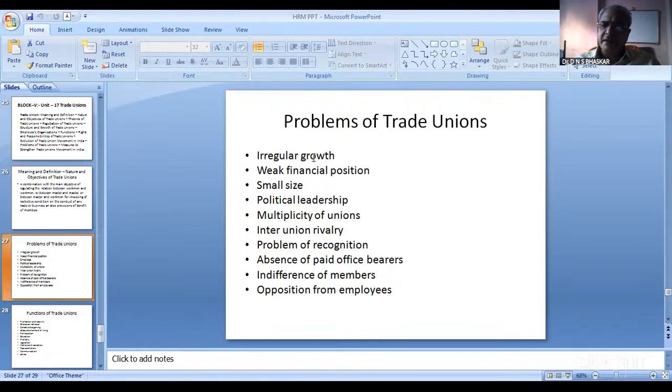First of all, the problem of trade unions is irregular growth. When trade unionism came into existence in a systematized manner, it came with different objectives. One person will say that employee welfare alone is important. Some will fight for employee benefits and higher wages, whatever suits the organization. But irregular growth of the trade union became a major problem. If a group of people in a particular trade union are not interested in continuing as members in that union,